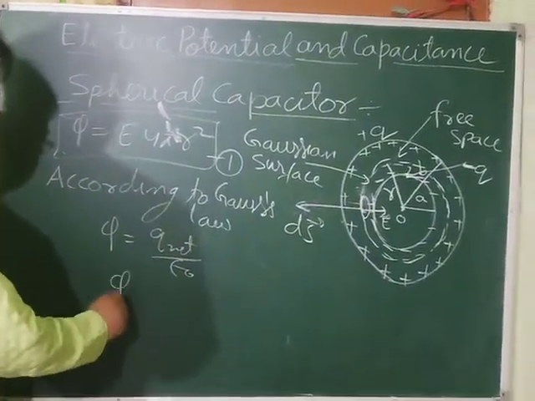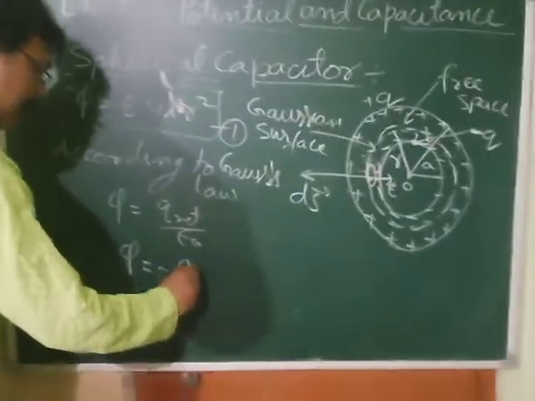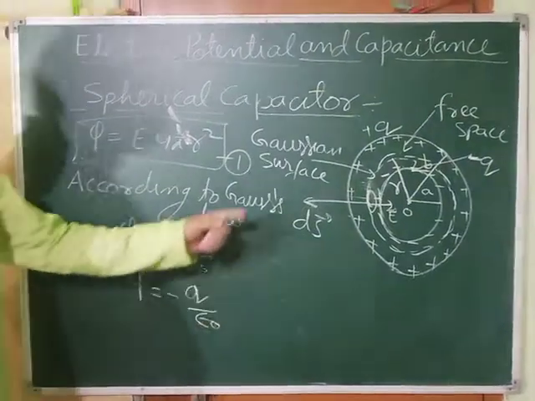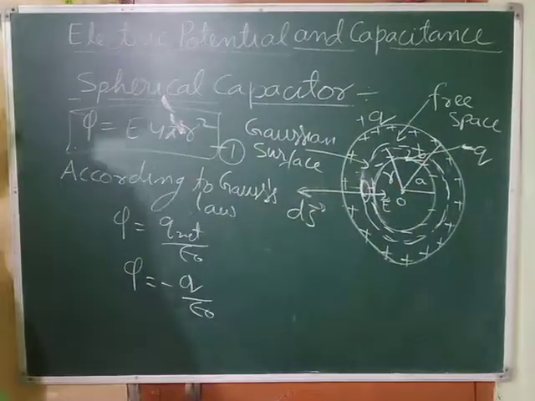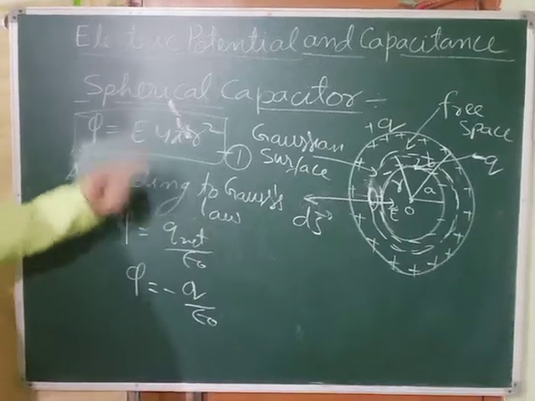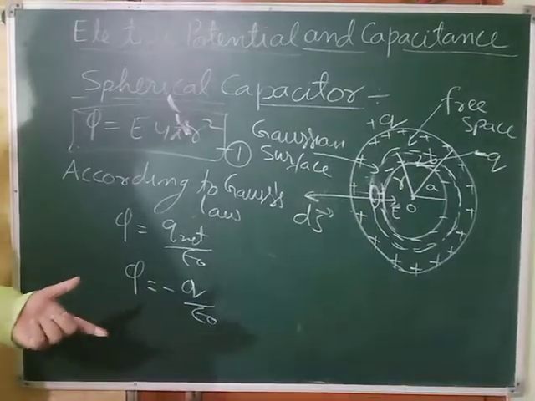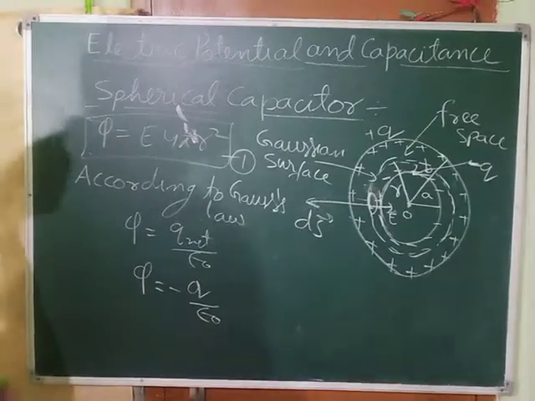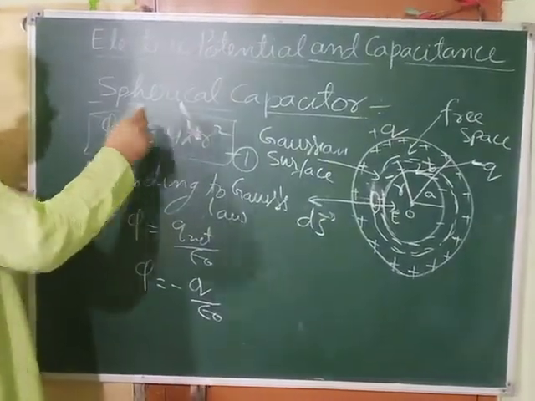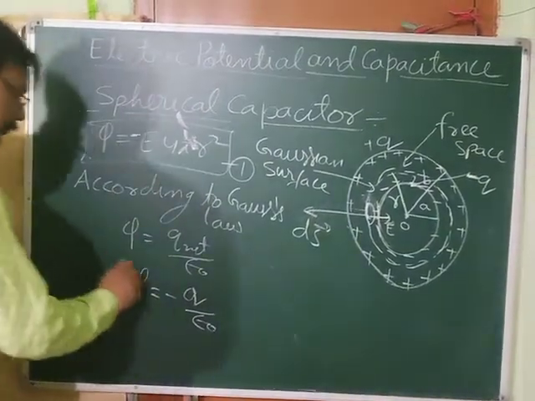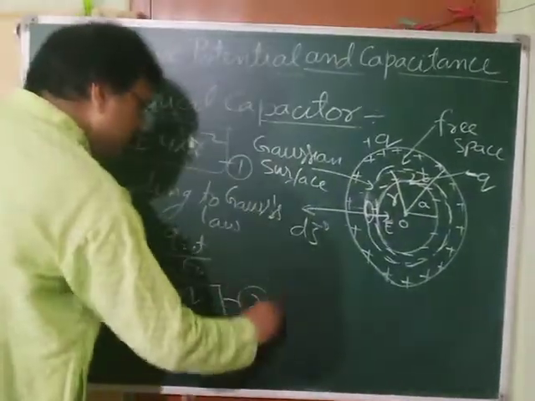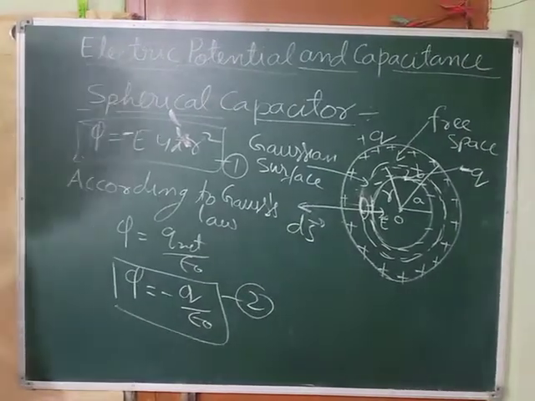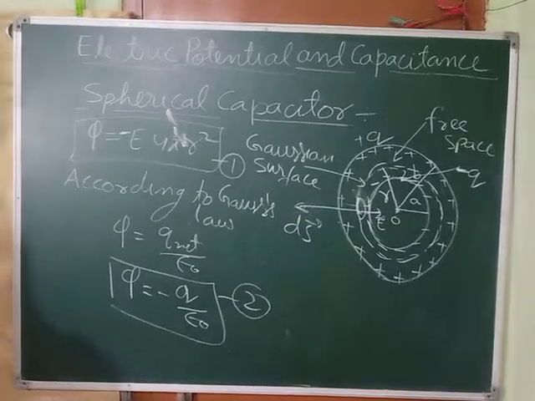Okay. So phi is equals to minus Q by epsilon. But again, this minus indicates that flux is entering the surface. So either you keep the minus sign on both sides, or you can remove it. If you want to keep it, because in scalar quantities we keep the sign, you can keep it, no problem. You can keep it at both places. That is better for you. This is our equation 2. That's what we got. Clear? Now, write it down.